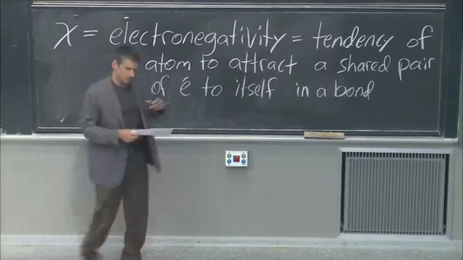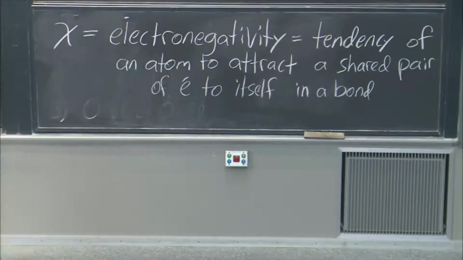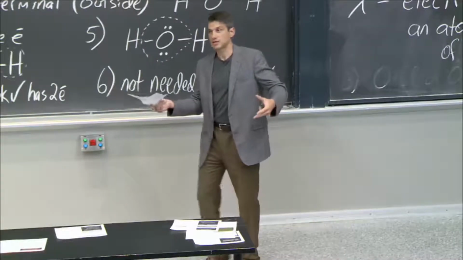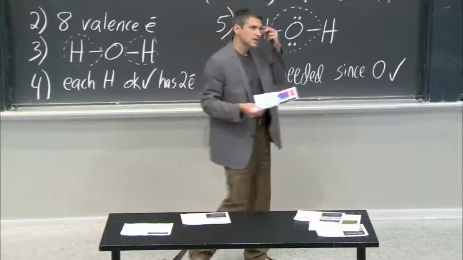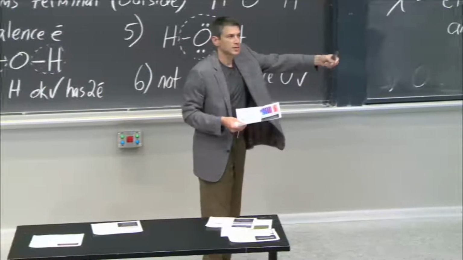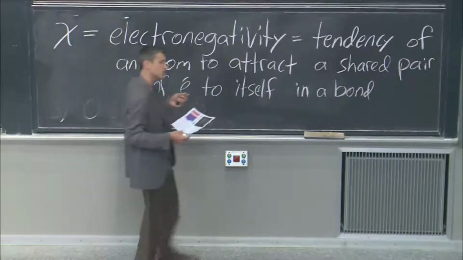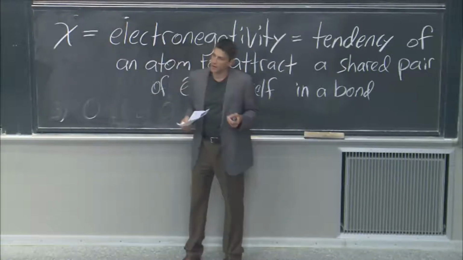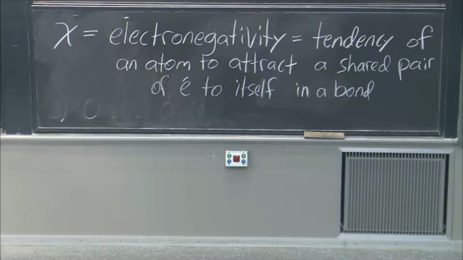You can already kind of think about this in terms of concepts that we've learned already, right? Like the size of an atom, how far out electrons are, the radius of an atom, whether there's shielding going on, how many protons there are. This already leads you to being able to think about this. Which atom is going to want a pair of electrons in a bond? Which one is going to want it more, and how much?